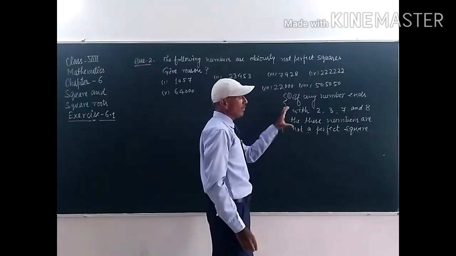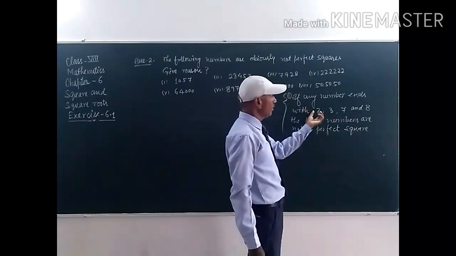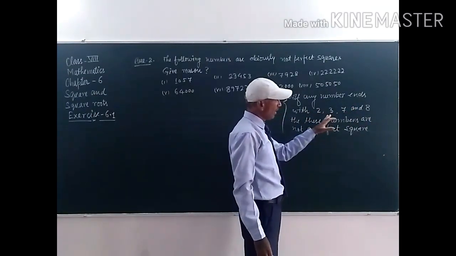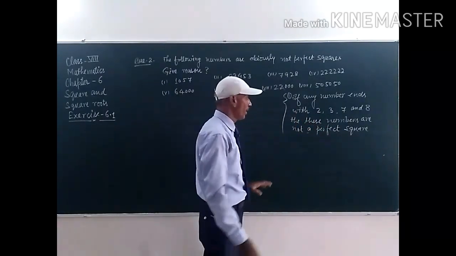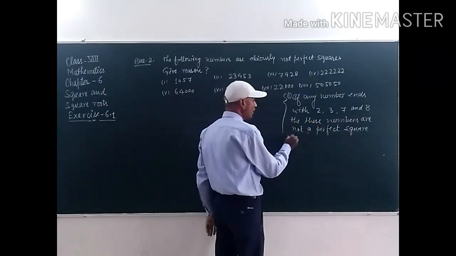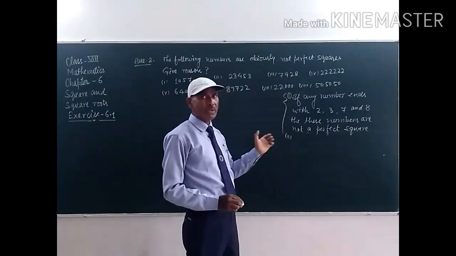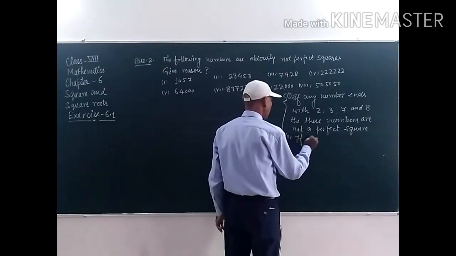This is the property of a square number, student. If any number ends with 2, 3, 7 and 8, then it is clear that this number is not a perfect square number. And second rule, student, that is if any number ends with odd number of zeros,